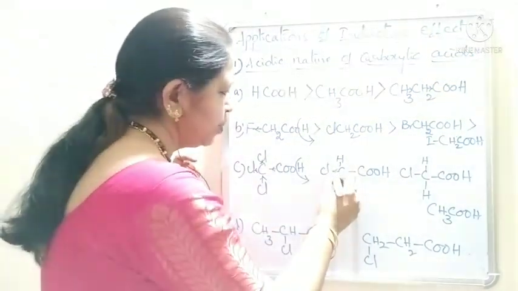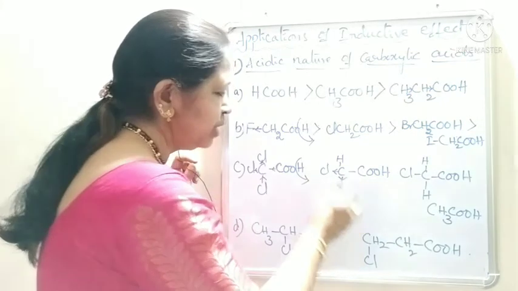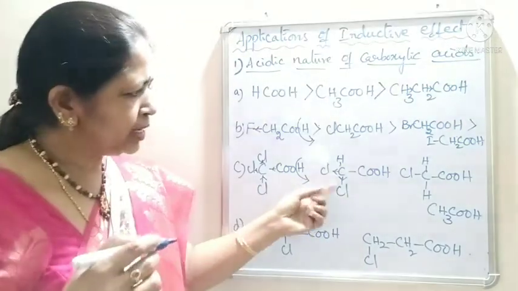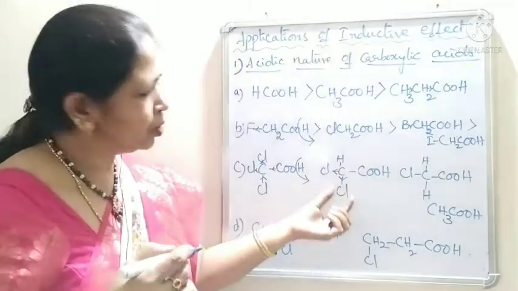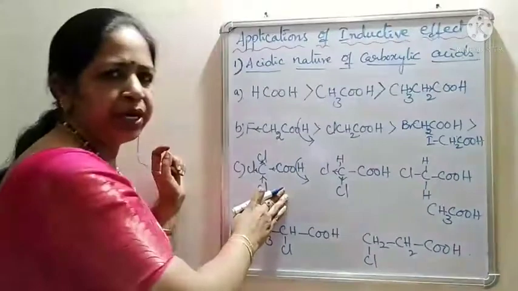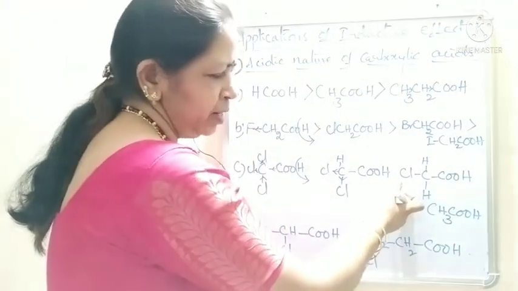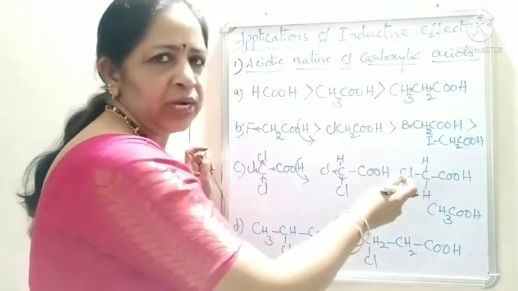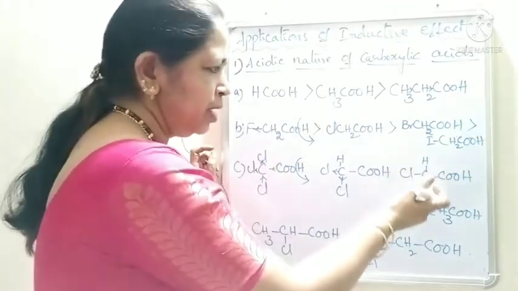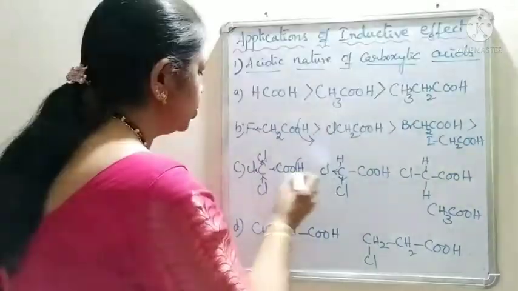So, the displacement towards the chlorine atoms is less. One chlorine is less on the alpha carbon. So, it will be less acidic when compared to the trichloroacetic acid, and which is less acidic than monochloroacetic acid, which is less acidic than normal acetic acid. Okay. So, it is greater